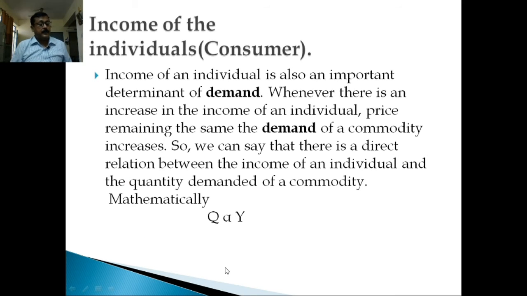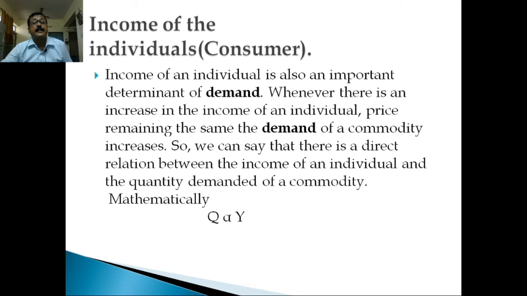Next we come to the income of the individual. That means how the income of an individual is going to impact the demand of a particular commodity. So from here we can see that if the income of an individual increases, the price of other commodities remaining the same, we will find that its demand will increase. When the income of an individual increases, prices remaining the same, the demand of the commodity will